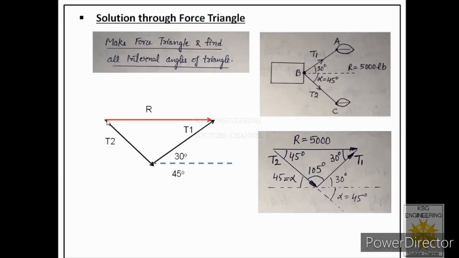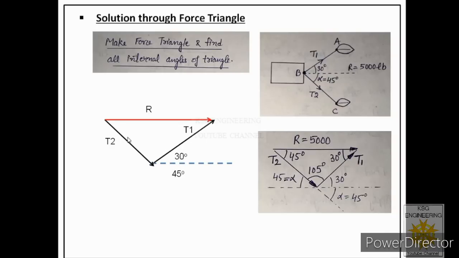So you see, we have drawn a vector in this direction, that is the closing side of the triangle taken in reverse order. So this is the resultant of these two forces. Okay, now we have made the force triangle. But in order to apply that formula which we have learned in triangle law of forces, we need to find all the angles of this triangle. So let us find all the angles now.